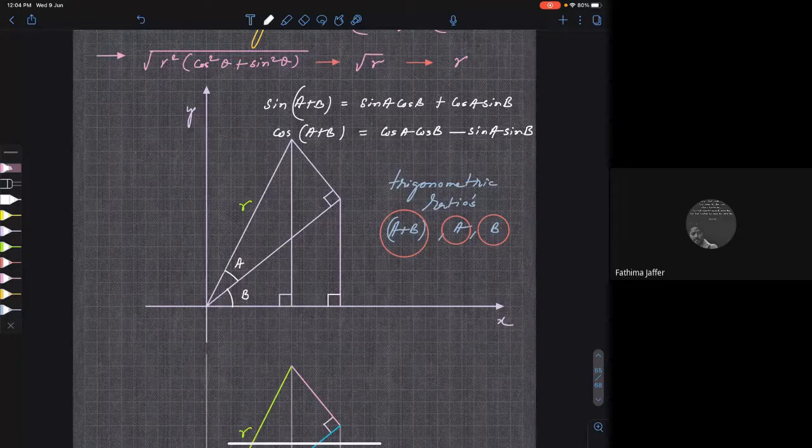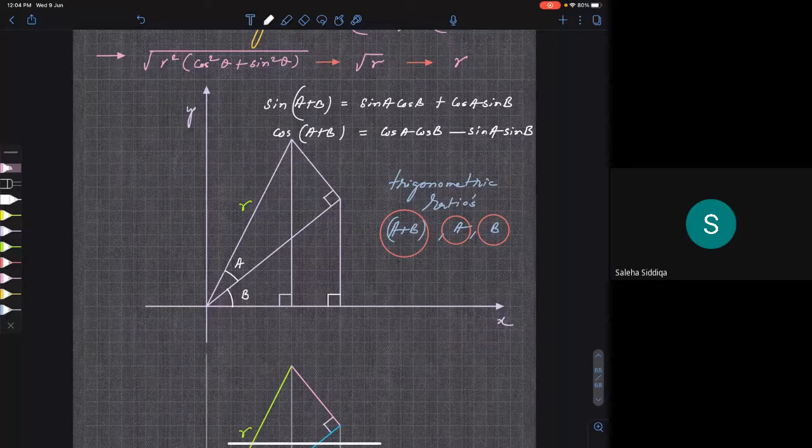So hypotenuse by definition is a side opposite to what? A side opposite to the right angle. So if you need hypotenuse, you need to have a right angle triangle. Only if you have hypotenuse, you can define what? Sin theta, cos theta, and all those things. Are you getting my point? Yes, sir. Okay, fine.